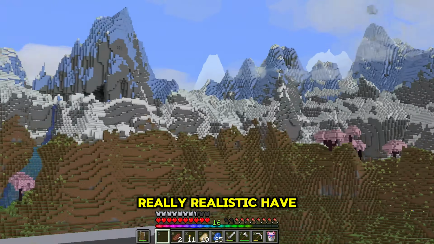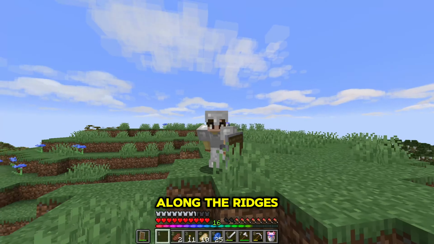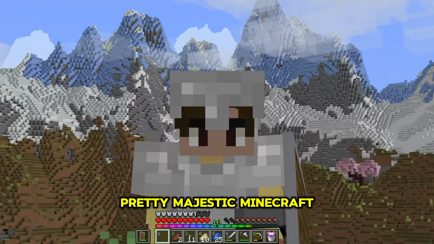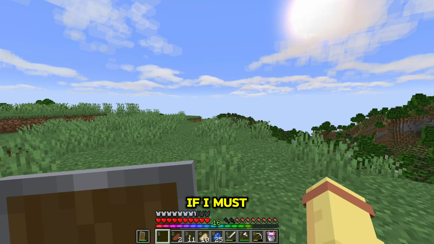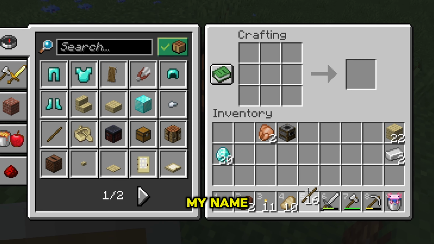They actually look really realistic, have a nice little waterfall, awesome little cherry blossom trees all along the ridges. I don't know. It's a pretty majestic Minecraft landscape, if I must say so myself. But now that I was back on the surface and had a few diamonds to my name, I decided to